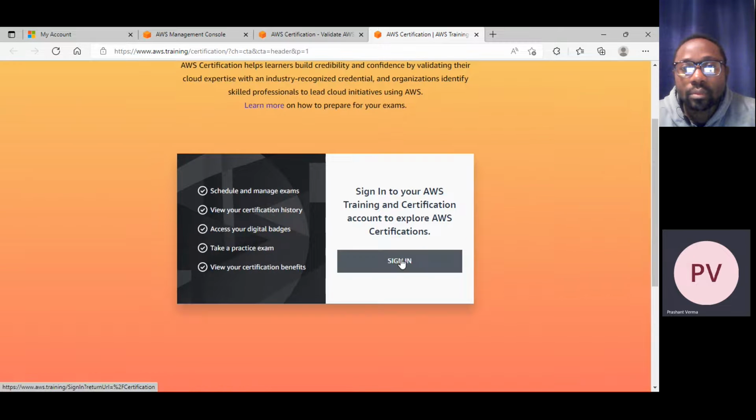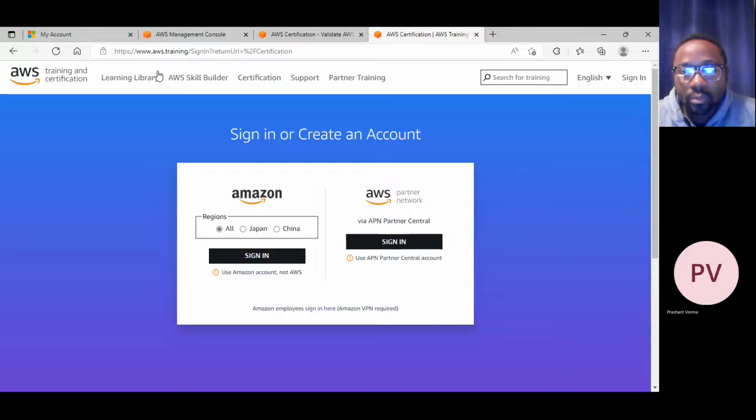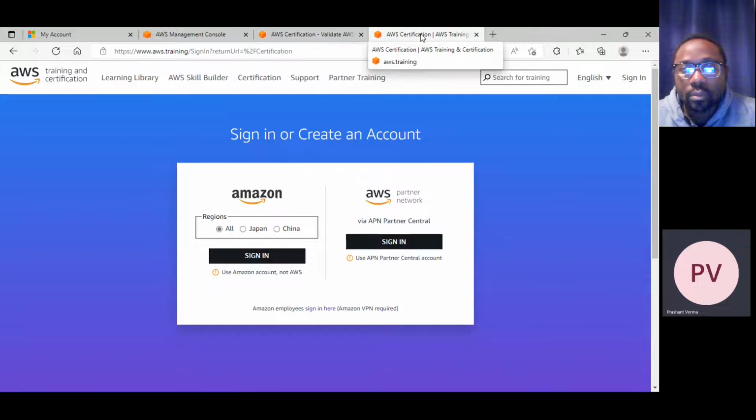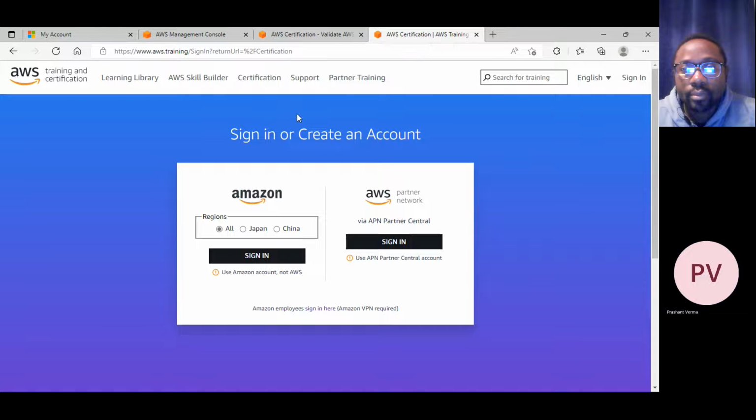So you need to click on sign in. You will come to this website. Here you need to create an account. This is not your regular AWS account. This would be a different account. Sign in or create your account if it is not there. Once you create your account, you will be able to register.